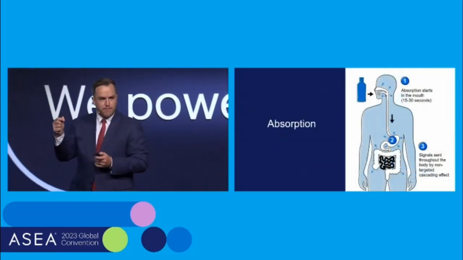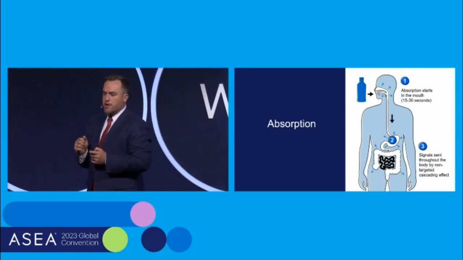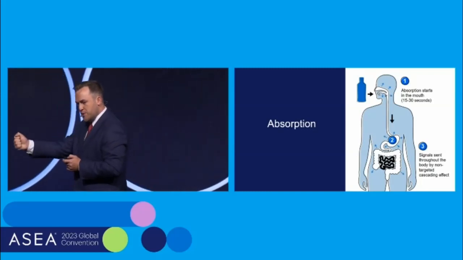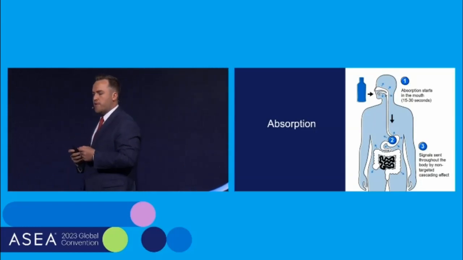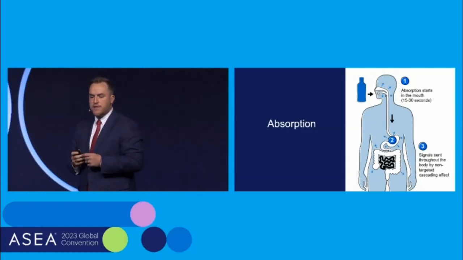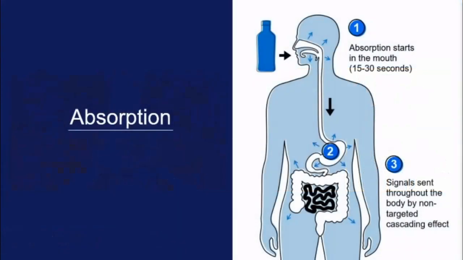Okay, so we talked about tiny molecules. Now, because they're tiny, they can be absorbed, right? We've done studies at the corporate office, at our labs, and we have found that absorption happens very rapidly with signaling molecules because they are tiny. We have found that the majority of the signaling molecules are absorbed within the first 15 to 30 seconds in the mouth. That's why we recommend that you swish it before you drink. Once you swallow, the absorption continues throughout the body.